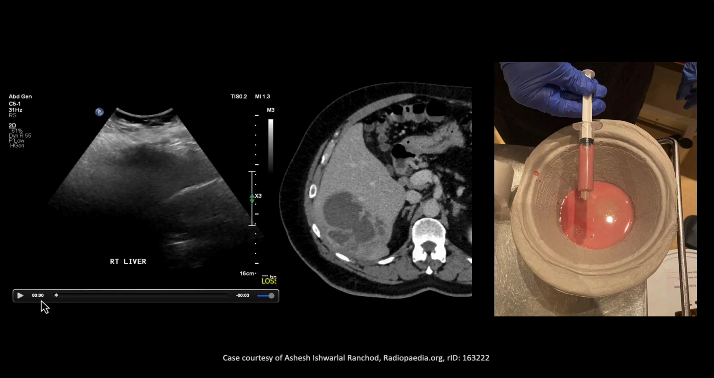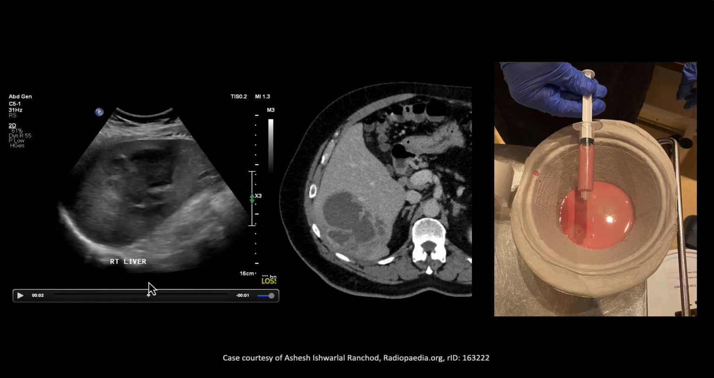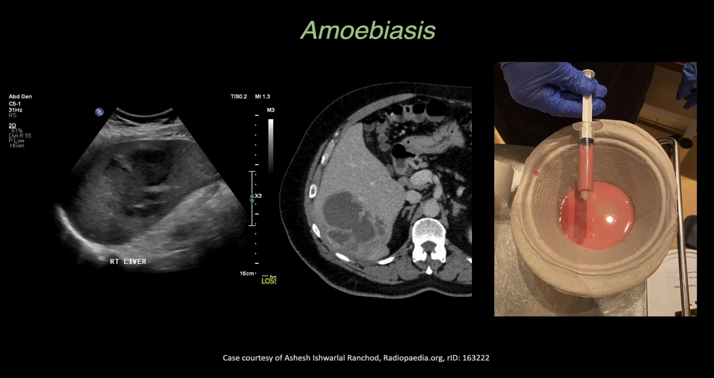For our next diagnosis, we're going to take a look at a patient who has a very large mass in the right hepatic lobe with a characteristic combined ultrasound and CT appearance of a liver abscess with predominantly fluid signal and some areas of peripheral enhancement. This was aspirated and had a fairly characteristic appearance of anchovy paste with a pink flare, and this diagnosis is